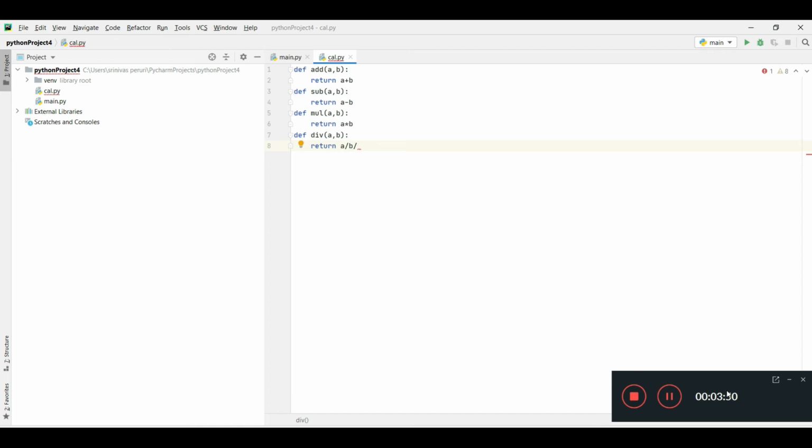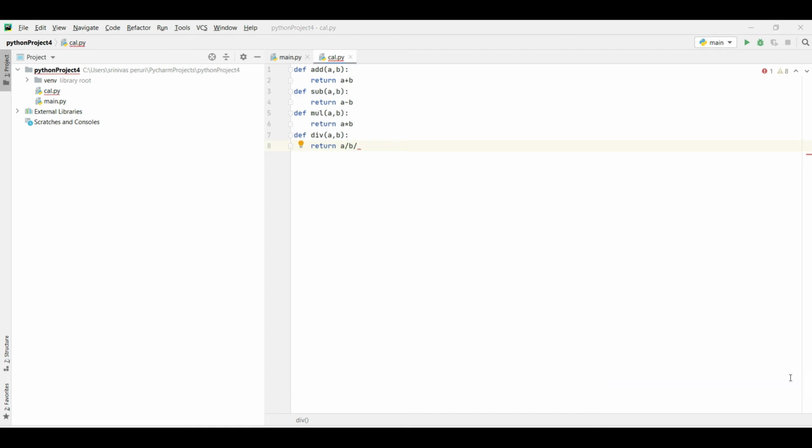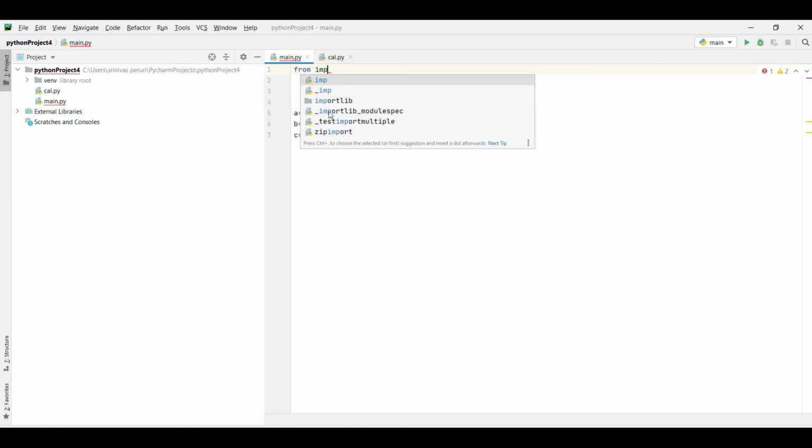Here is the stuff you can look into. I have a file called calc, in which I have designed so many things, right? So I need to access these from here. How can I access them? From import, so many things have been discussed, right? In such a case, we need to have the function itself. From calc, import all the stuff, whatever it is.